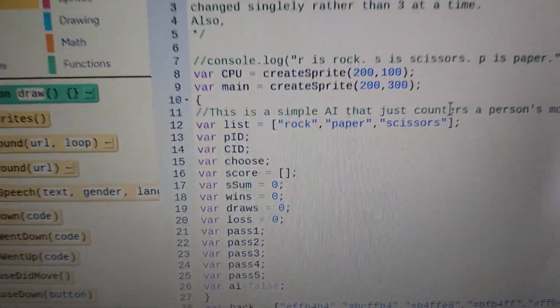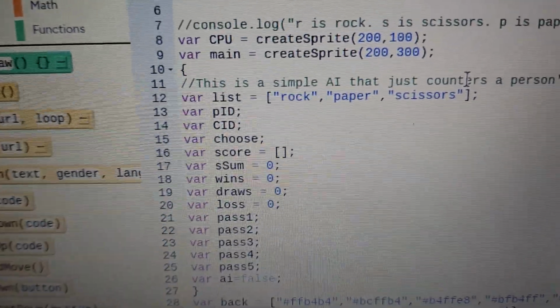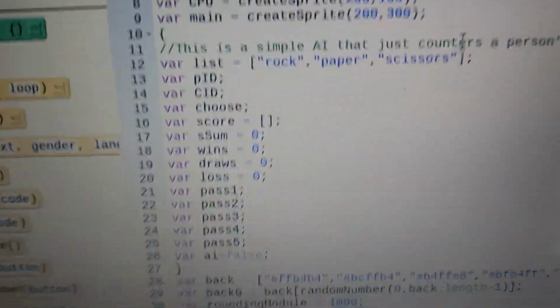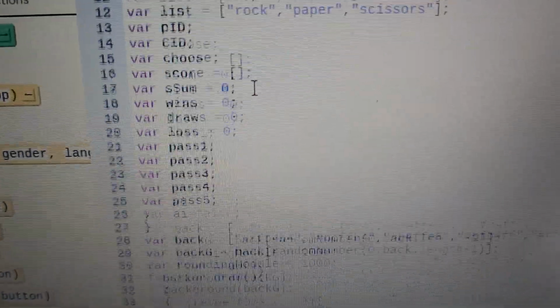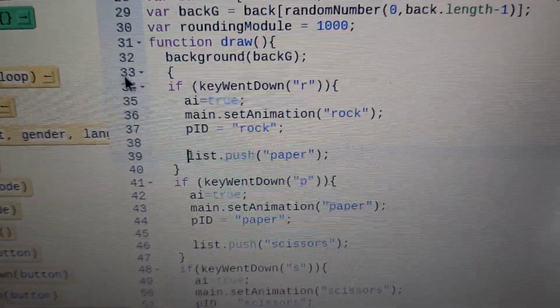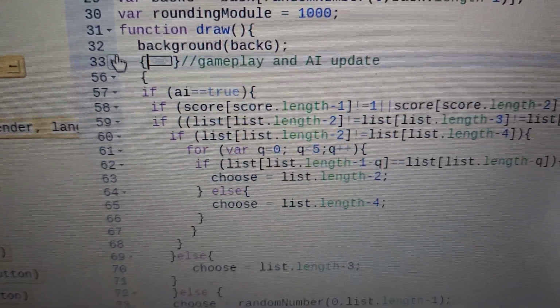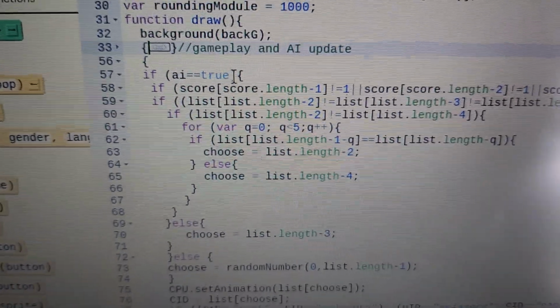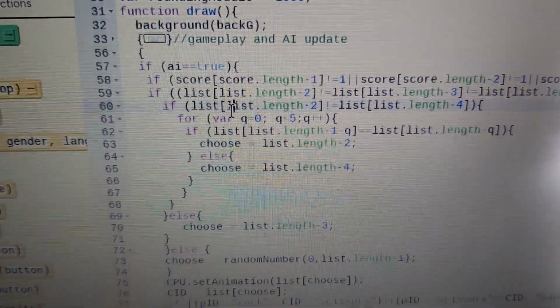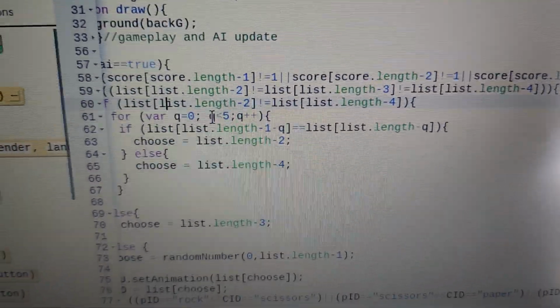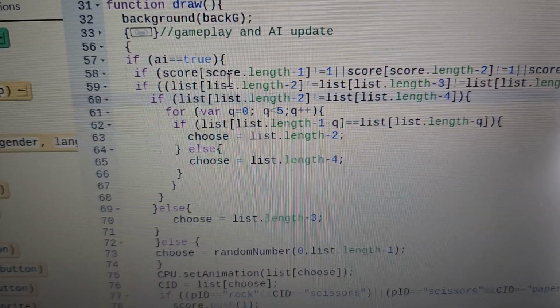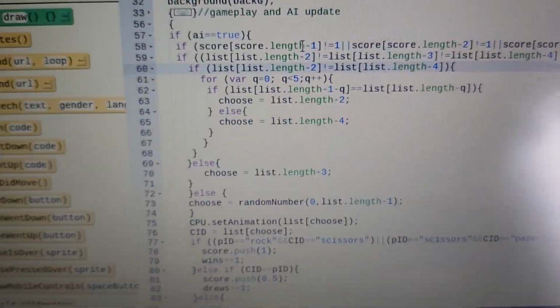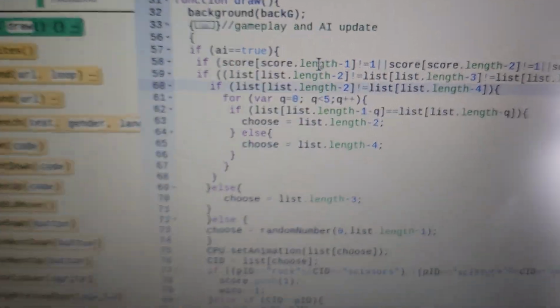So if you were to choose rock consecutively 5 times in a row, the AI would eventually learn to use paper more. I'm going to be referring to it as an AI for the time being. That triggers the AI. This is long and complicated. I won't go into that entirely. Basically, what it says is,